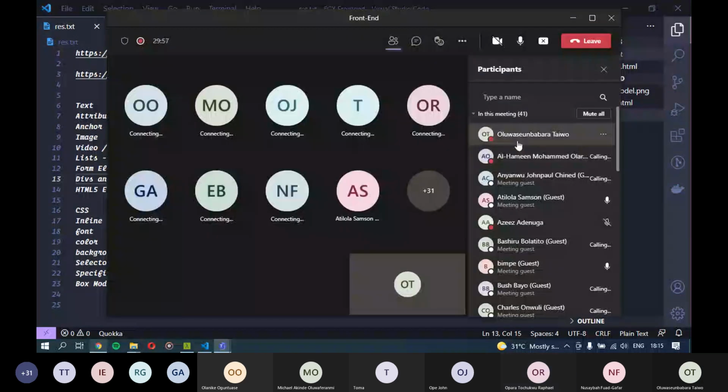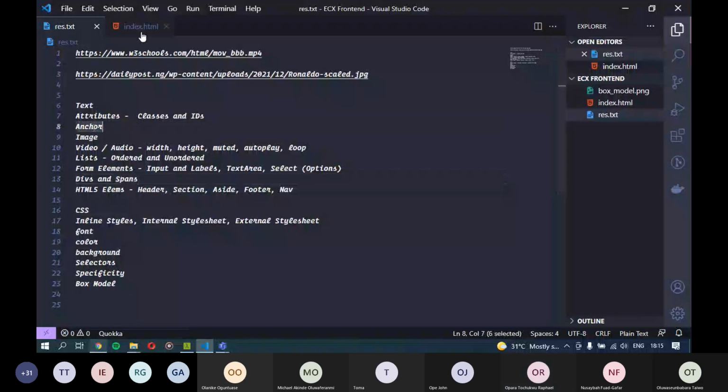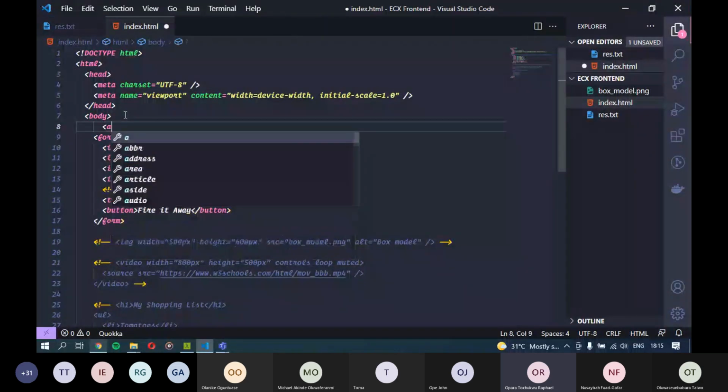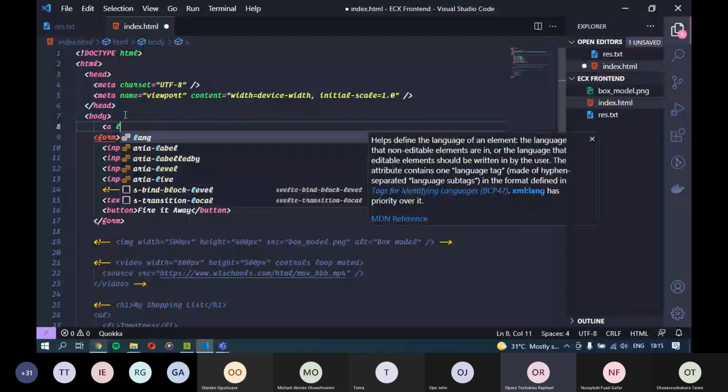Hello, sir. Please, I didn't get the anchor elements. I don't know what you meant by anchor elements. Okay, so the anchor element is the link tag, the one I showed you. It represents a link, when you want to link one page to another page. The one where you use href, then you type the value where you're going to. That's the anchor tag.